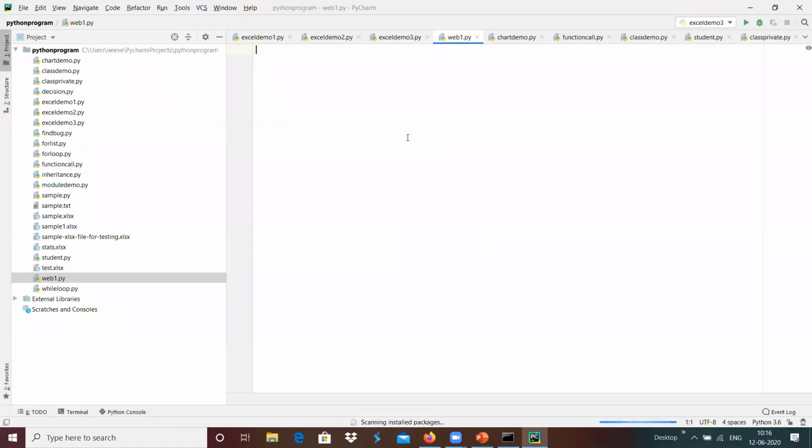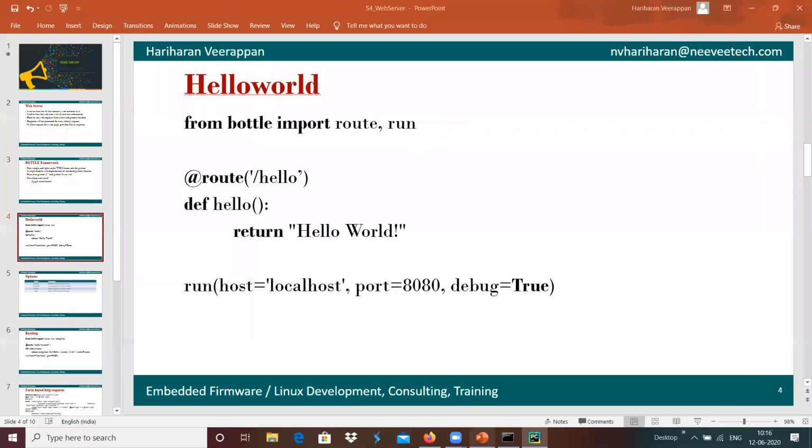In this, I'm going to import the Python Bottle framework with the help of from bottle import route and run.